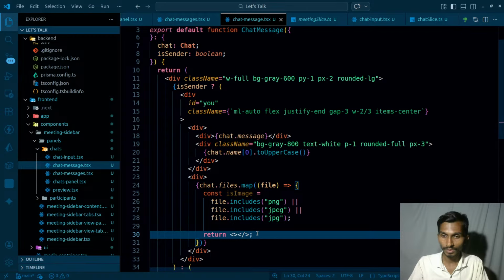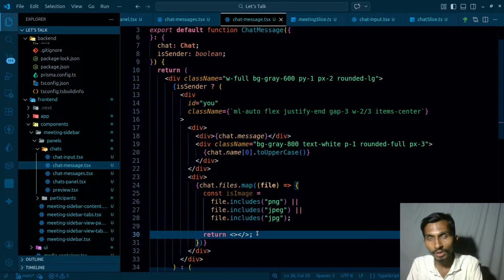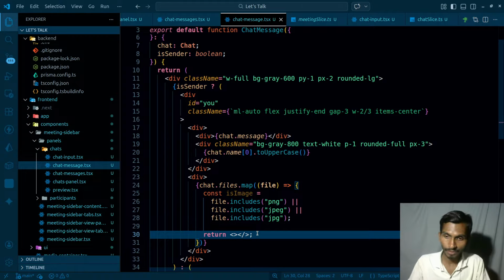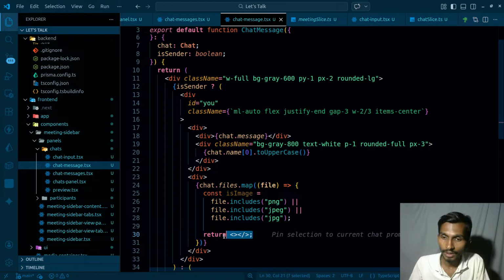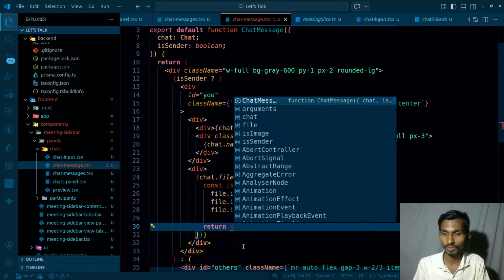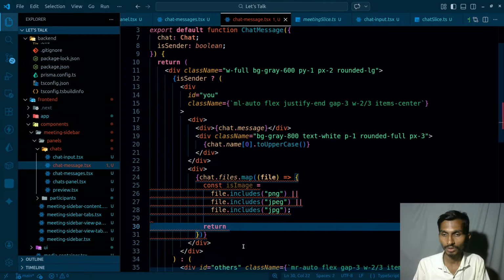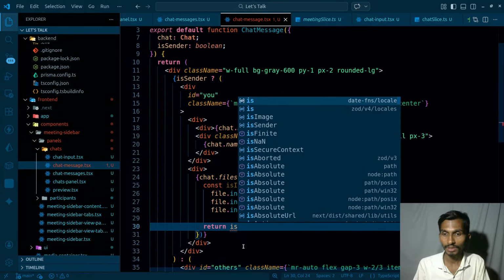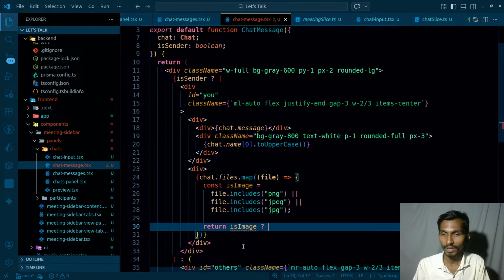If that is the image, then okay. Otherwise, I will be showing it some other way. Whenever you click on that, you should be able to download that as well. How will you download that? That's altogether another case, but I can do that. So coming back to this one, if that is the image, isImage, in that case I have to render